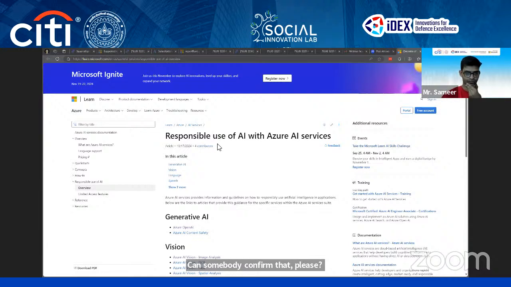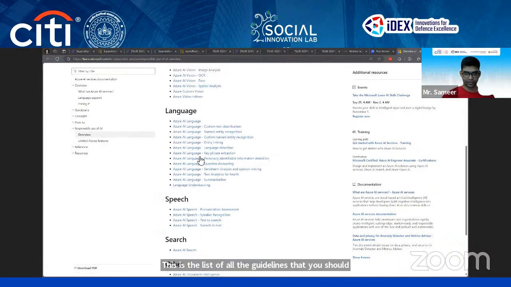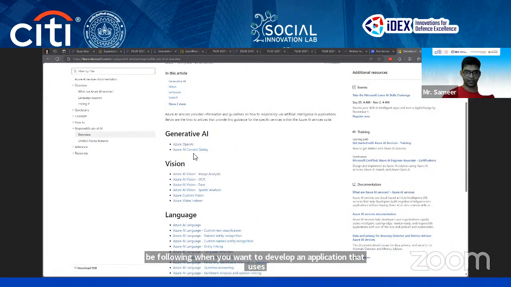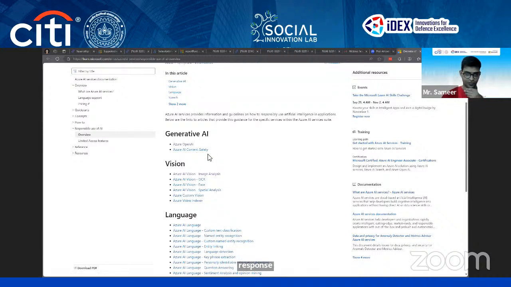Perfect. So this is the list of all the guidelines that you should be following when you want to develop an application that uses one of these services, right? So you will see GenAI. There are two components. Azure OpenAI responsible AI concepts, and then Azure AI content safety, right? So especially in the case of generative AI, content safety is an absolute must, because like I said,